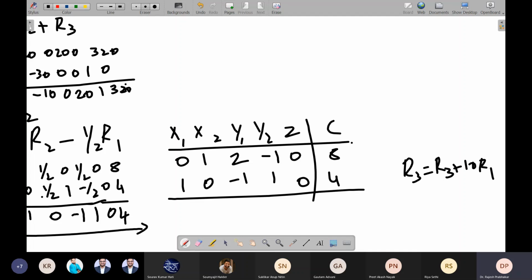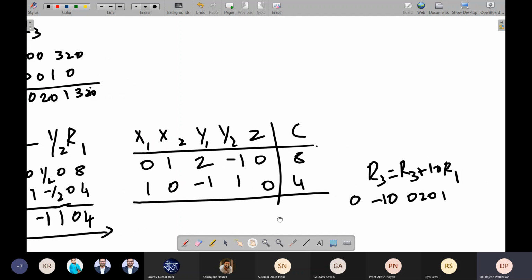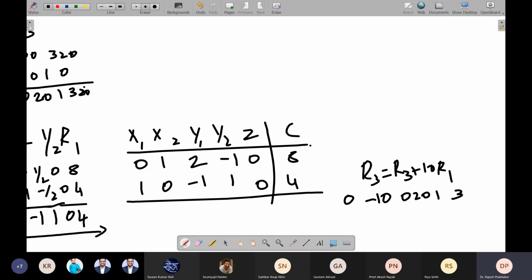I'll show you all the tables. One second, let me complete the thing. So R3 is how much? 0 minus 10, 0, 21, and 320, right? 10 R1: 10 into 0 is 0, 10 into 1 is 10, 10 into 2 is 20, 10 into minus 1 is minus 10, 10 into 0 is 0, 10 into 8 is 80.